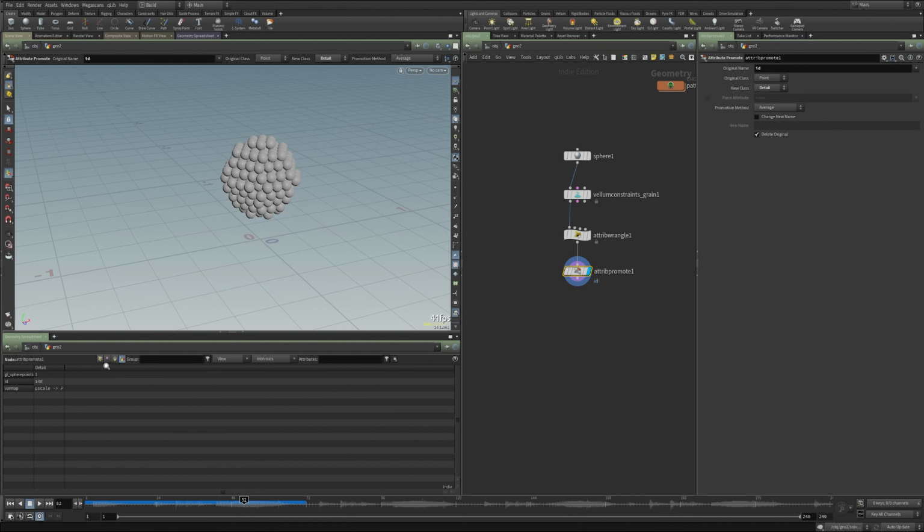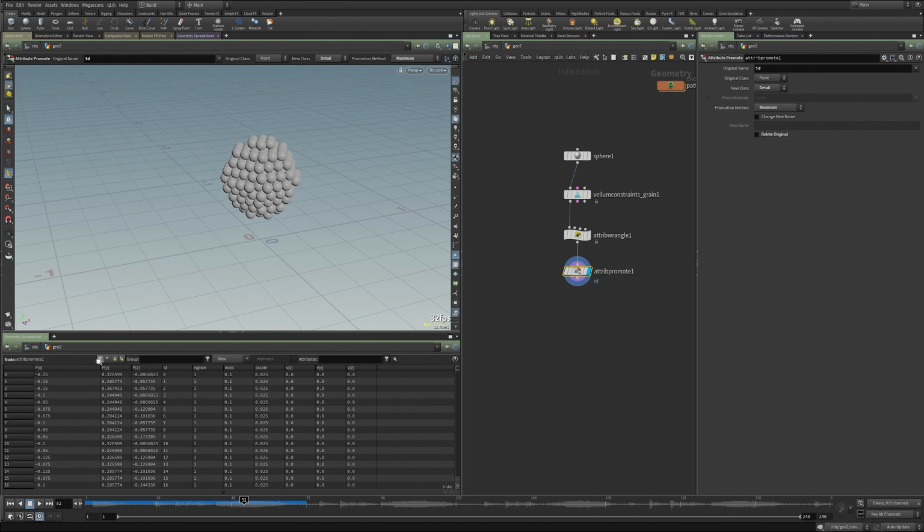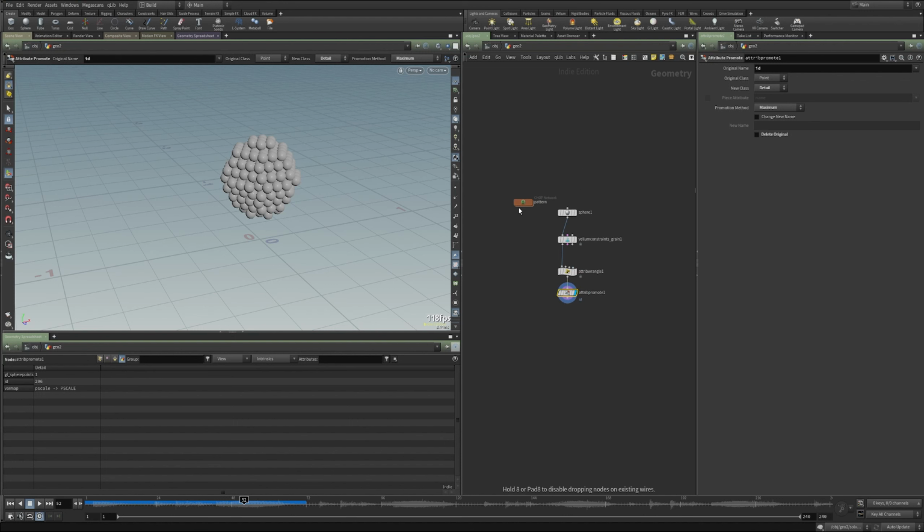So now I have a detail, but my promote is not average. I want it to be my maximum. I also don't want to delete the original. So I have my ID attribute, which I'll use in another way as well, and I have a detail attribute, which is my maximum number of points.